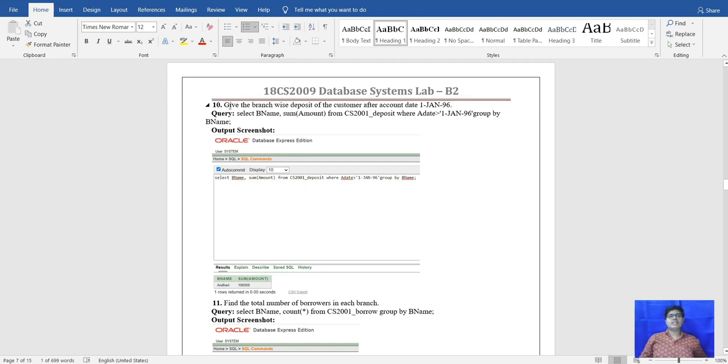The 10th question is, give the branch-wise deposit of the customer after account date 1 January 96.